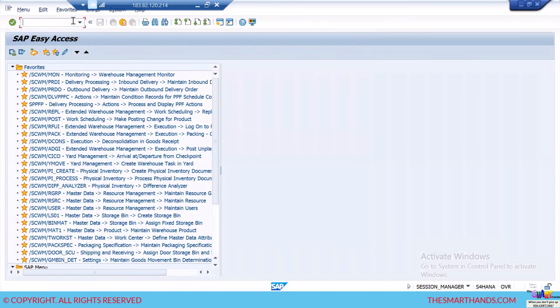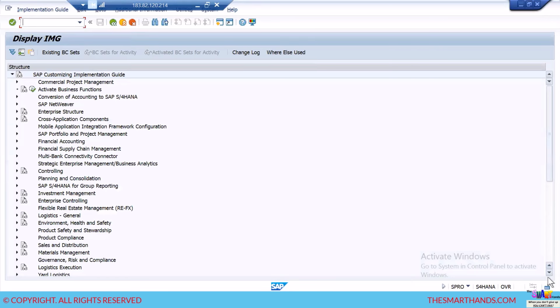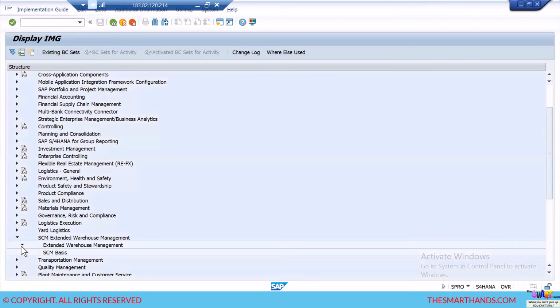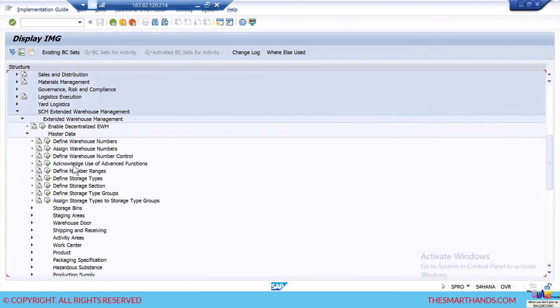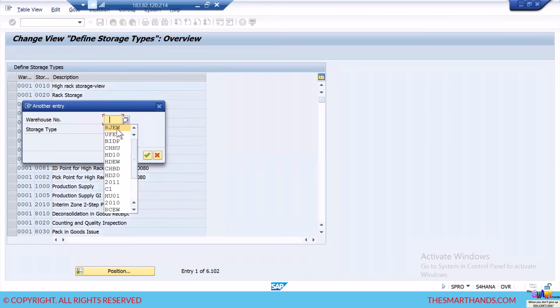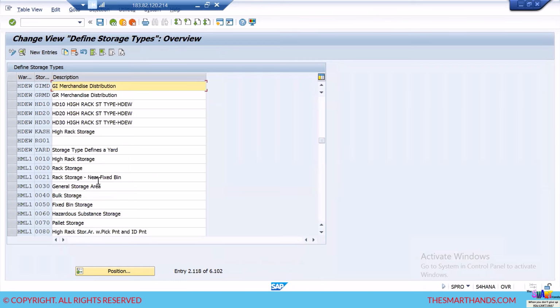Go to SPRO, reference IMG, SCM Extended Warehouse Management, go to master data, go to define storage types. Okay, in HD10,